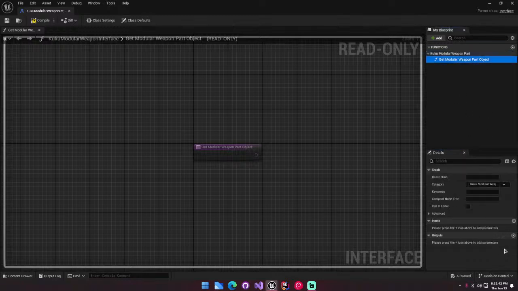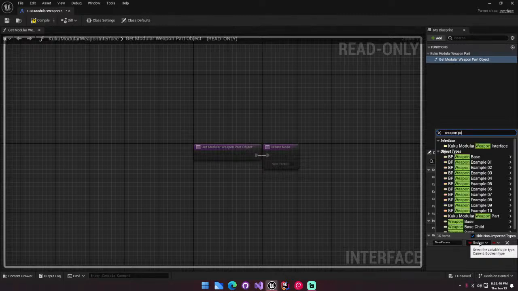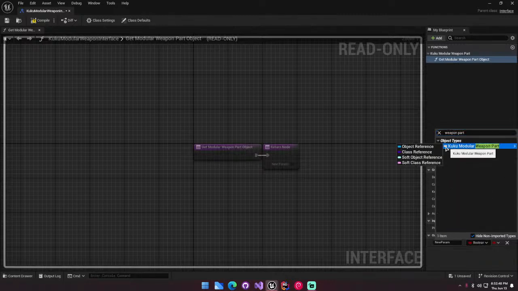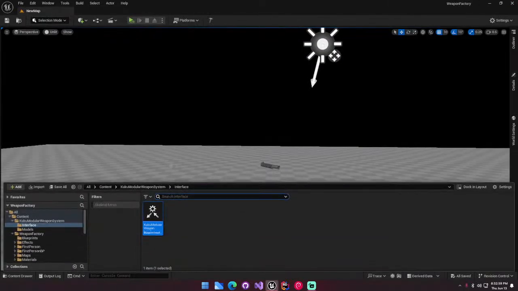Perfect. This is gonna be an output. It's going to have our part object, weapon part. Voila. So we're gonna be creating an actor just for this showcase, and